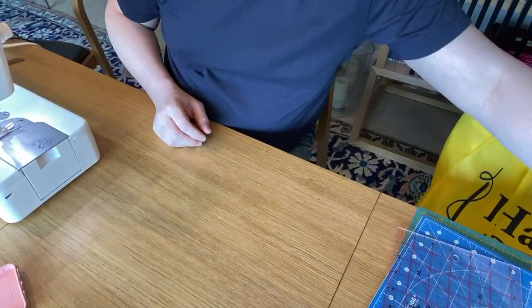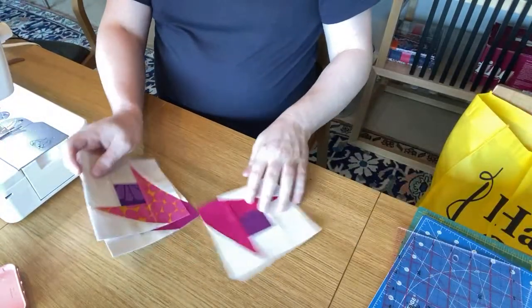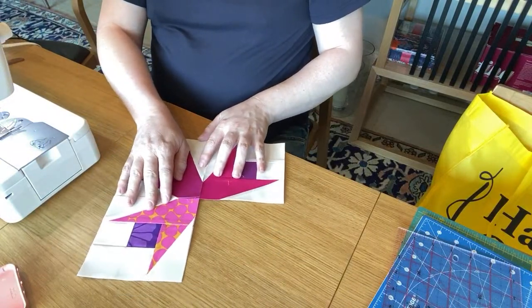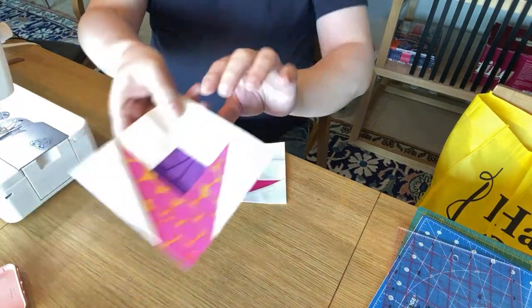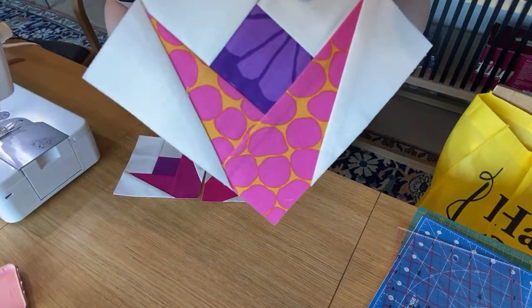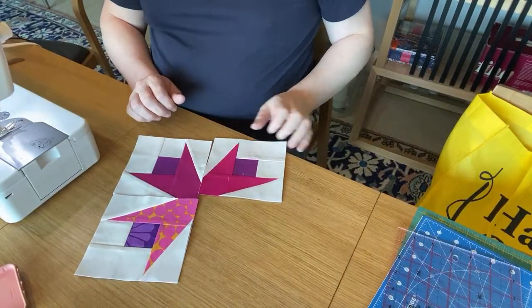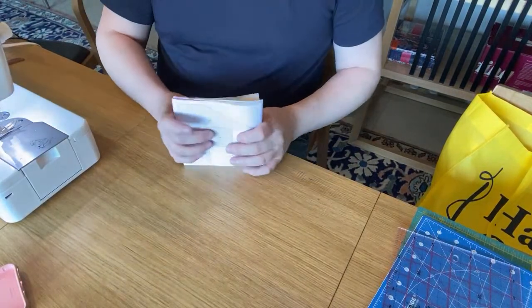That's block 3. And then, of course, we've got block 4. I haven't made 4 of these, but you get the idea. If you wanted to merge these all together, you can see how they work. This is the traditional colorway that I'm suggesting. And then, of course, good old Kaffe again. Gorgeous colorway there. That is the Kaffe collection there, and that's block 4. And then block 5 that we're going to be doing today